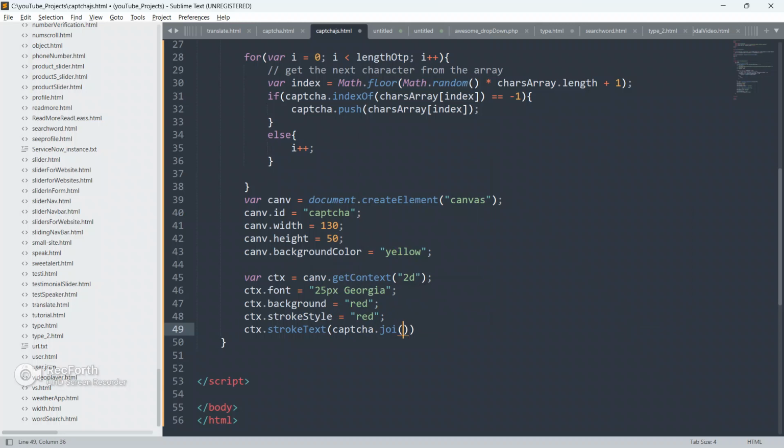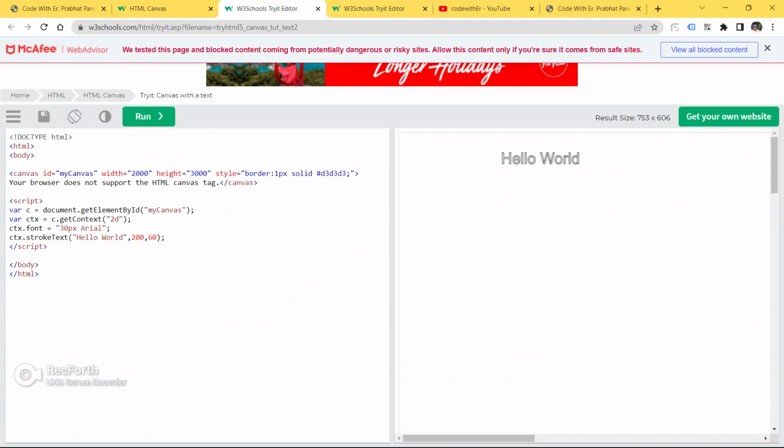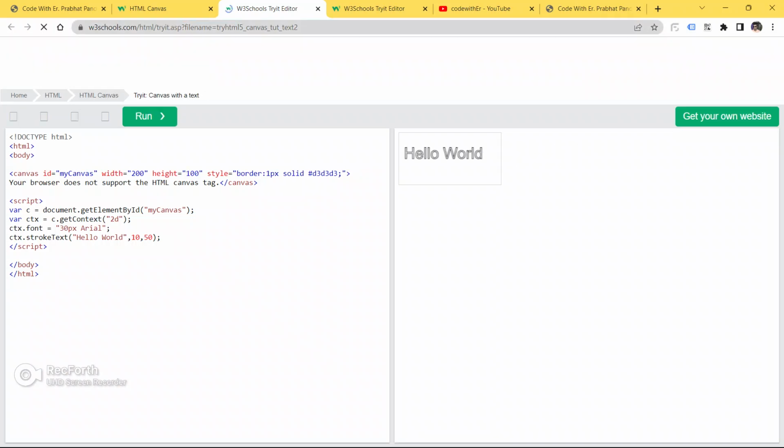So captcha dot join. Okay, as you know guys, now join is used to convert array into a string. So that's why I'm going to use join here, and now we are going to put 5 and 30. Okay, as you know guys, I am doing this here only.